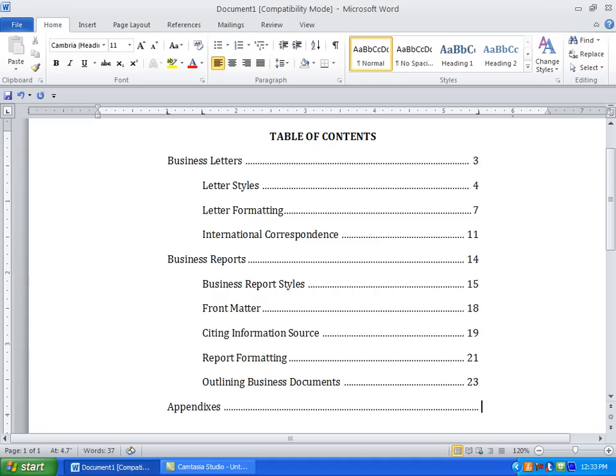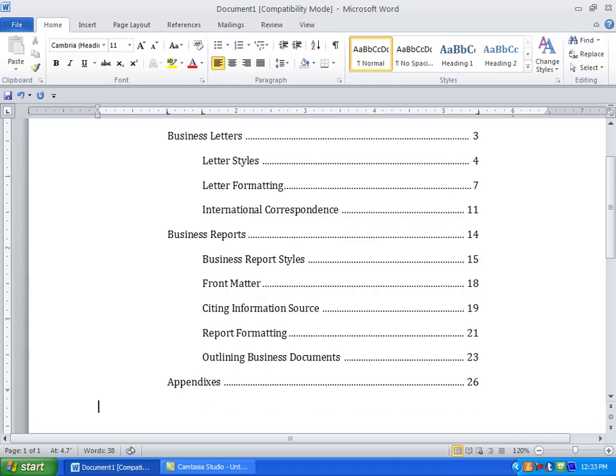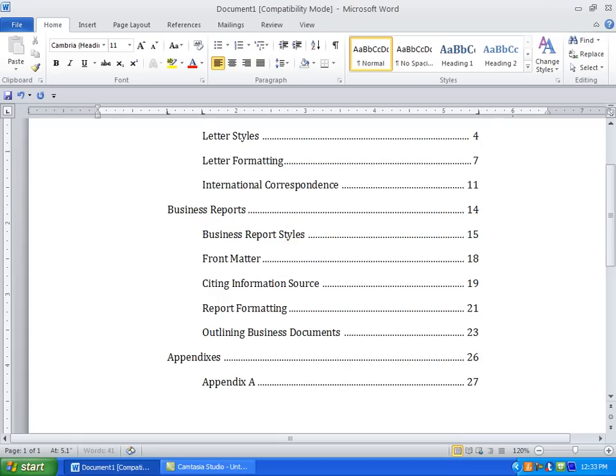space, tab, space, 26, enter, tab, tab, appendix A, space, tab, space, 27, and then tab, tab, appendix B, space, tab, space, 28. And then it tells us to save it, so you would just go File,